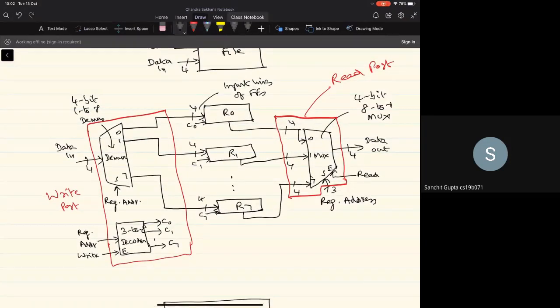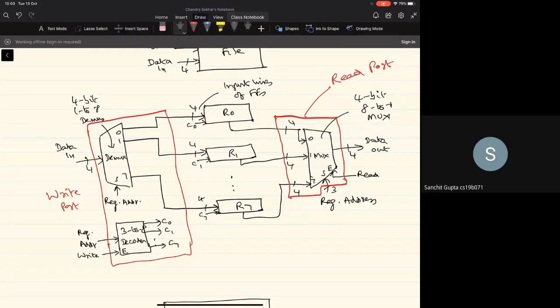There is a small correction that we have to add to the write port. The decoder will have an enable line, and that enable line will be controlled by the write signal, so that the outputs of the decoder will be active only when the write signal is active. When the write signal is not active, all the outputs of the decoder will be 0, so that none of the registers will have the control lines active. Yesterday we forgot to mention that. That's where the write signal comes into the picture here. So please make a note of that.